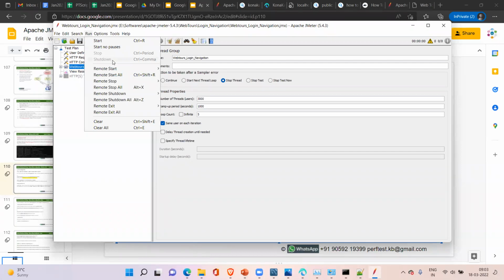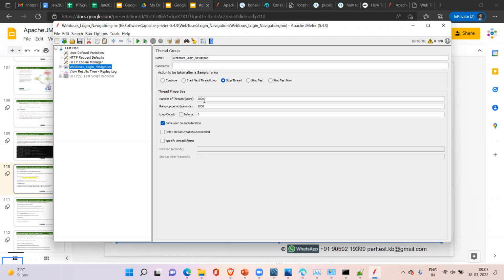Now whatever user load you gave runs on the local machine, that is the master machine, as well as the slave machine. Here 1500 users run on the local machine and 1500 users run on the remote machine. We are using 2 machines.